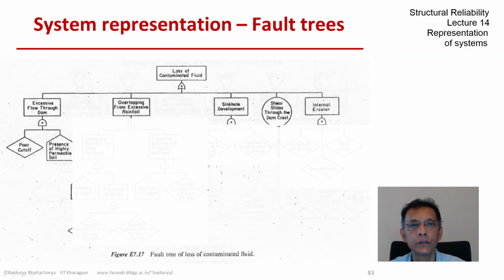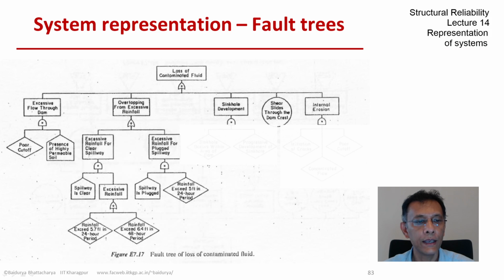So the first one has 2. One is a house type event and the other is an undeveloped event. So we don't need to look at them any further. In the overtopping failure mode, we have 2 possibilities, again going through an OR gate: excessive rainfall with a clear spillway or excessive rainfall with plugged spillway, and each of them has their own set of conditions which keeps going